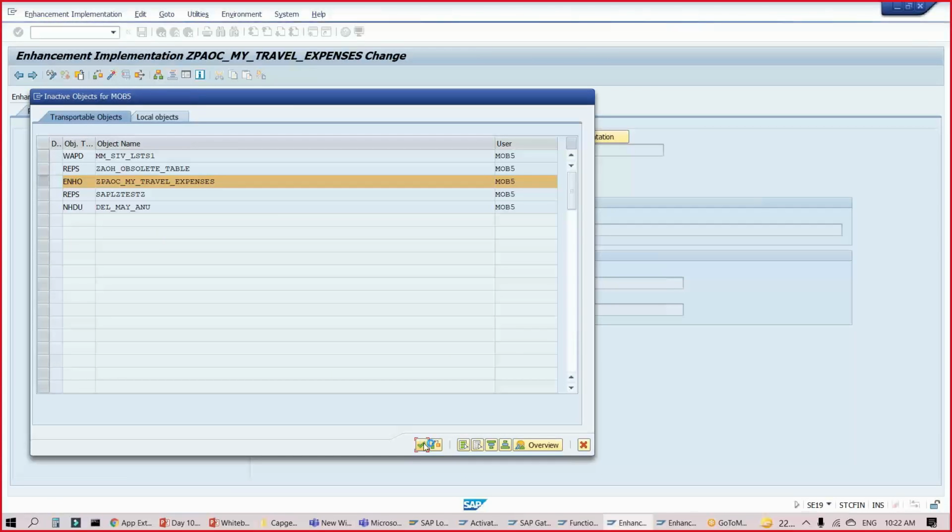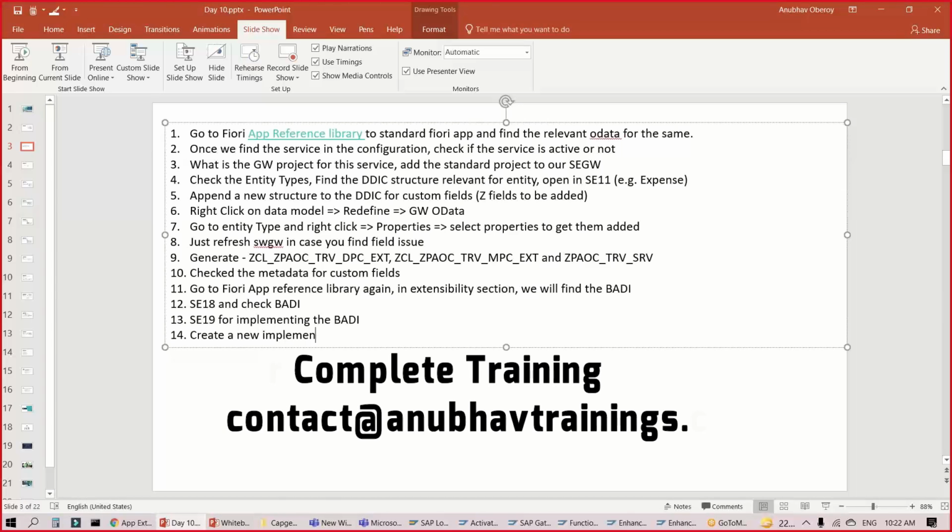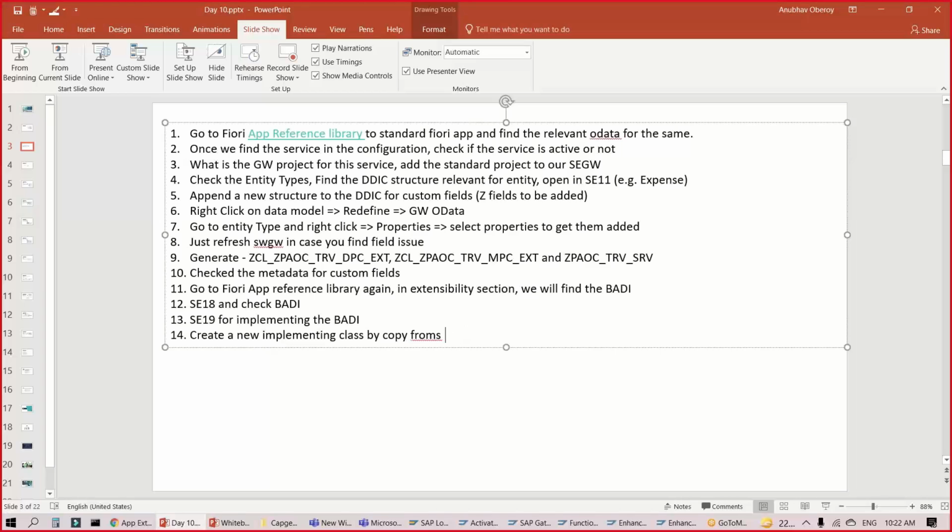So it will hit my breakpoints in my custom implementing class now. This was our next step. Let's go back, implement the body, create a new implementing class. Yes, activate.